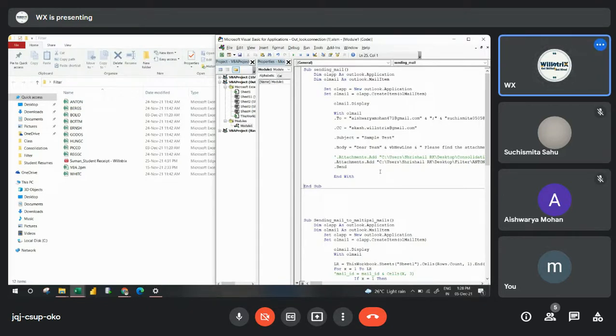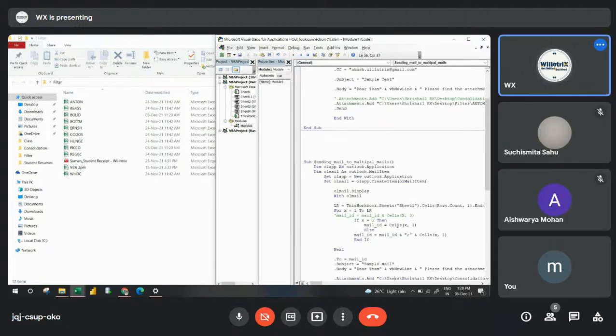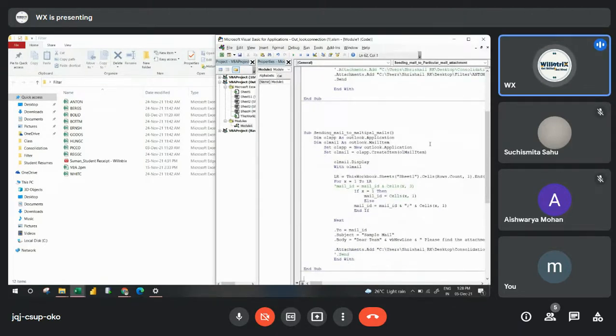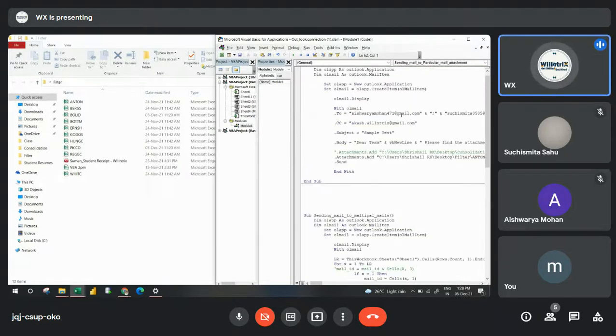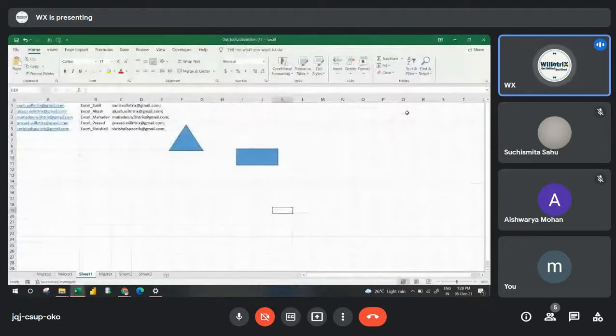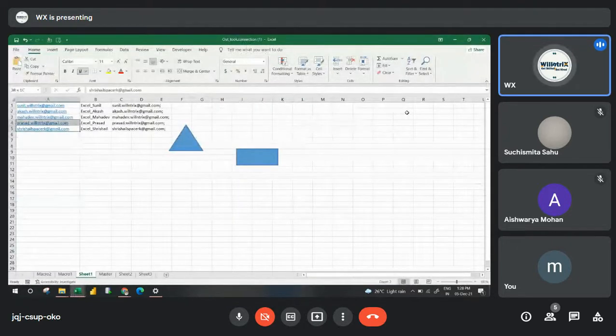Okay, understood? Yes, Akash. Yes. Now, if I have multiple email IDs, here I'm sending to a few, but if I have hundreds of email IDs and I'm manually typing like this, it will take much time. There is no use of this automation, correct? Think, I have all these email IDs, not only 5, we could have more than 500 also.